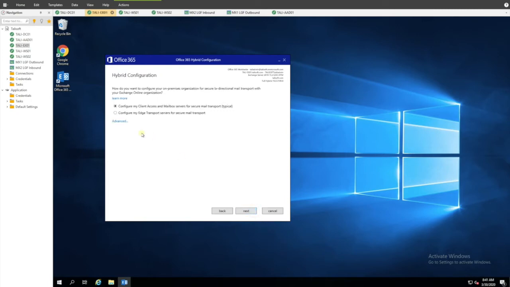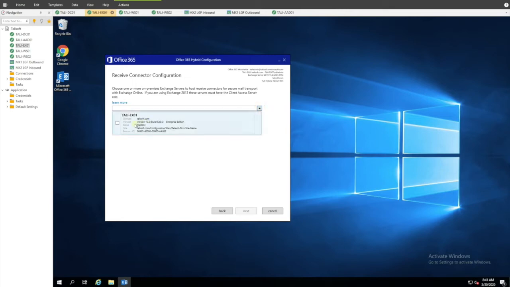And next on that. Now, we're not using any edge servers for this. We are using standard CAS and mailbox servers, so we're going to use that as the typical. And we are also going to have a look at the standard receive connector it's using. Now, remember right back at the beginning of these notes, I was talking about having the inbound and outbound from these two postfix boxes. There's a bit of configuration we're going to do right at the end to make that work. But for now, we're going to use the standard receive connector, which is sitting on the EX01 box,